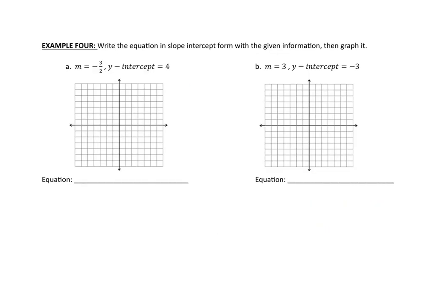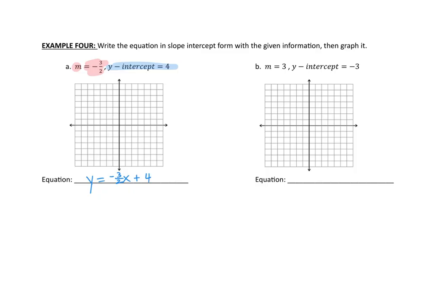So in our next example, we're going to try to write the equation in slope-intercept form. I'm going to give you some information, then we're going to graph it. So again, it's just putting it all together. So if I look up here, I'm going to tell you that m, which is my slope, is negative 3/2, and my y-intercept is 4. So let's start by writing the equation. So y equals, we start with our slope, negative 3/2, put an x by it, and then plus my y-intercept